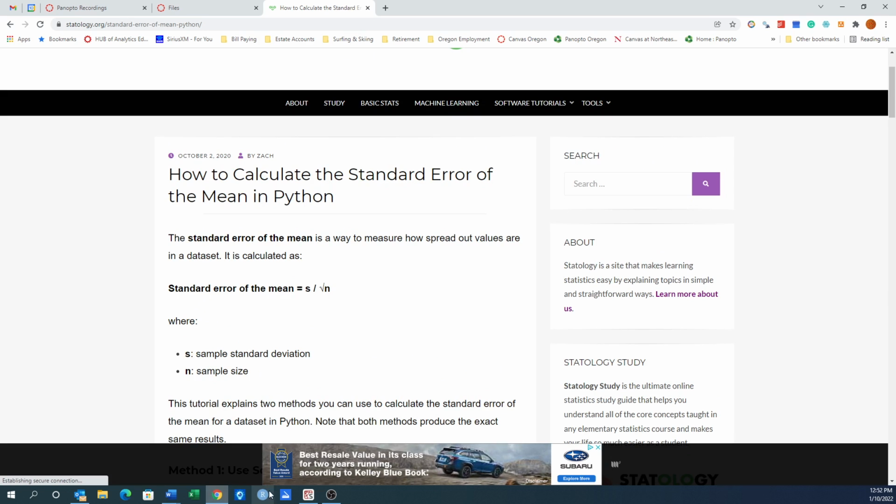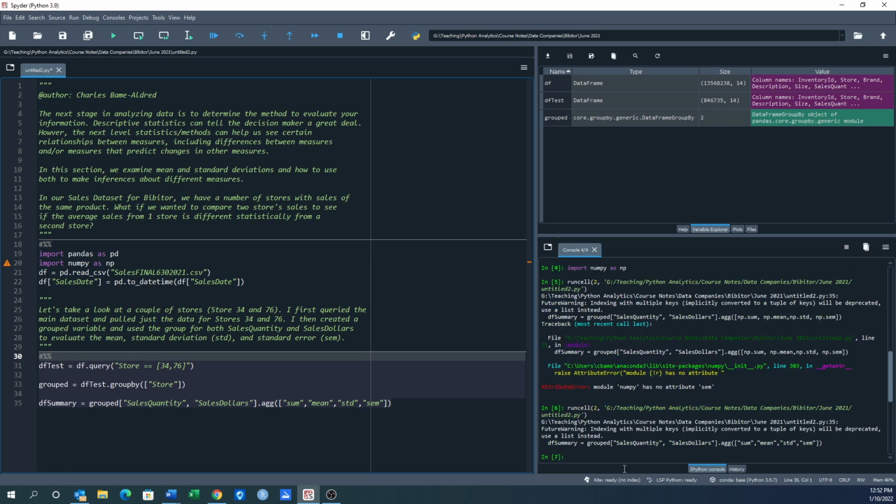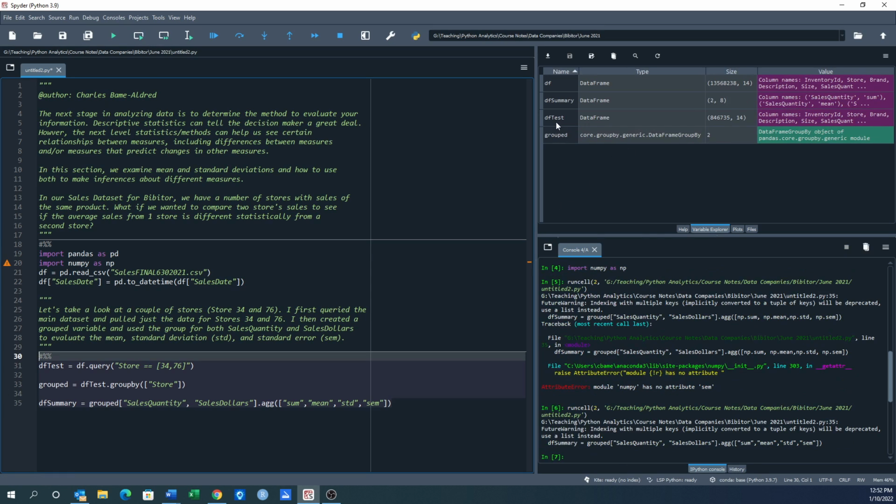I don't think I need to do that, so I'm not going to use Numpy. What I'm going to do is just put in, because in pandas it's already in there, so get rid of all that. Sum, mean, not capital, mean, STD, and SEM. All right, run that, and now I have my DF test,